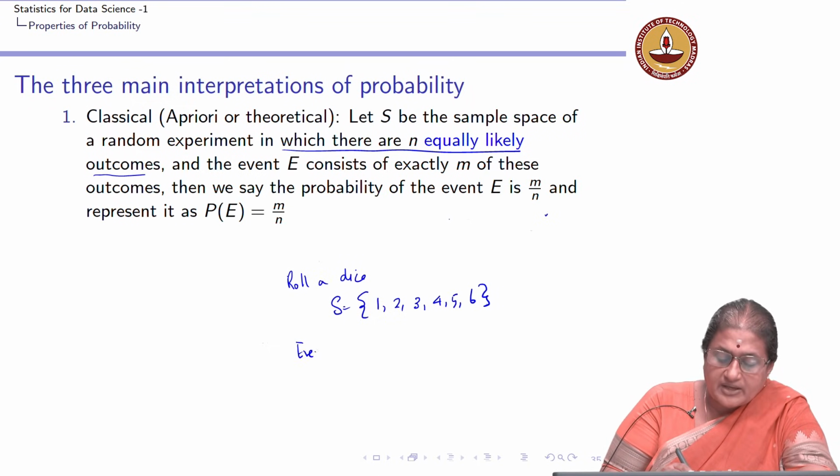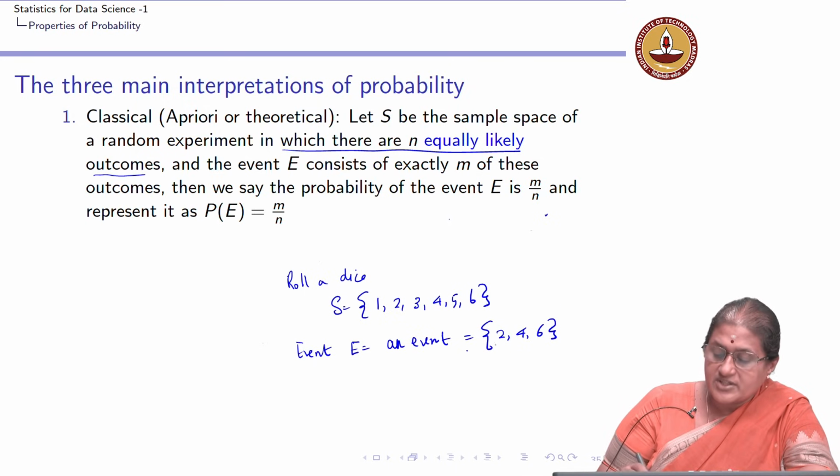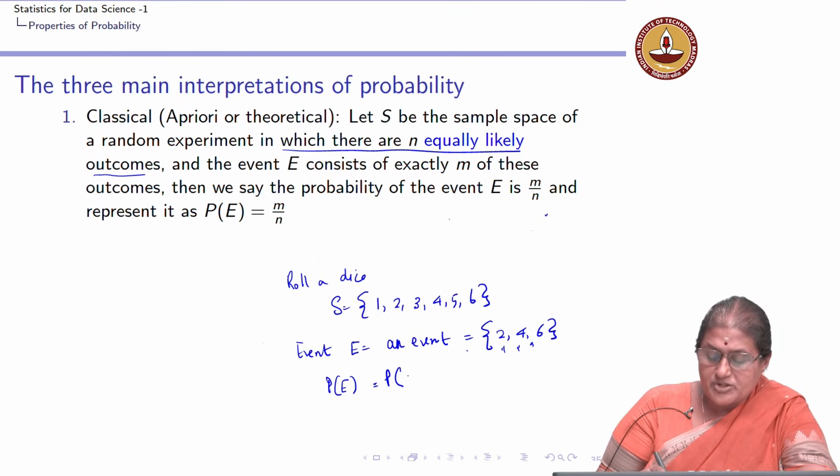Let me define my event to be the event of getting an even number. The outcomes that satisfy this event are going to be 2, 4 and 6. The number of outcomes in this event is 3. So, the probability of E, which is the same as the probability of rolling an even number,